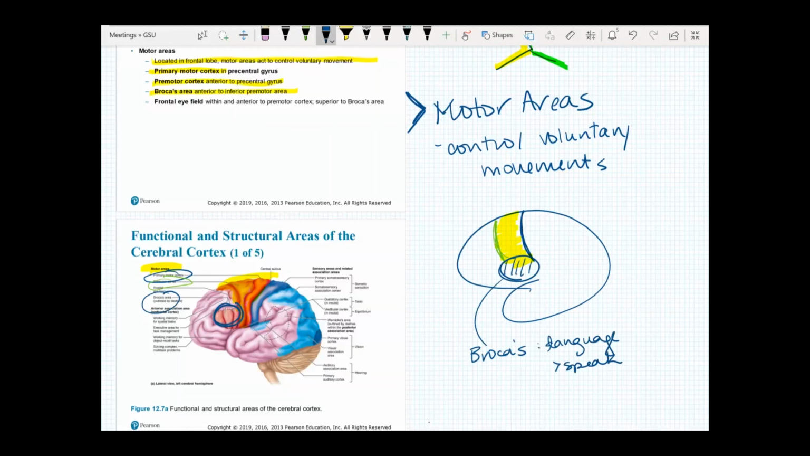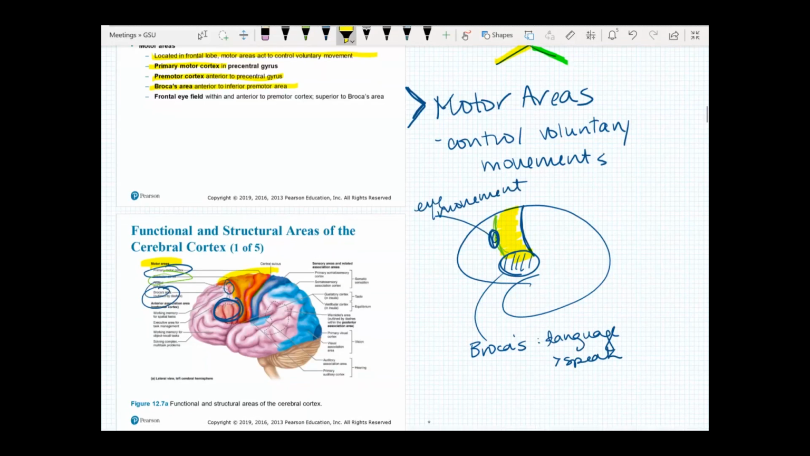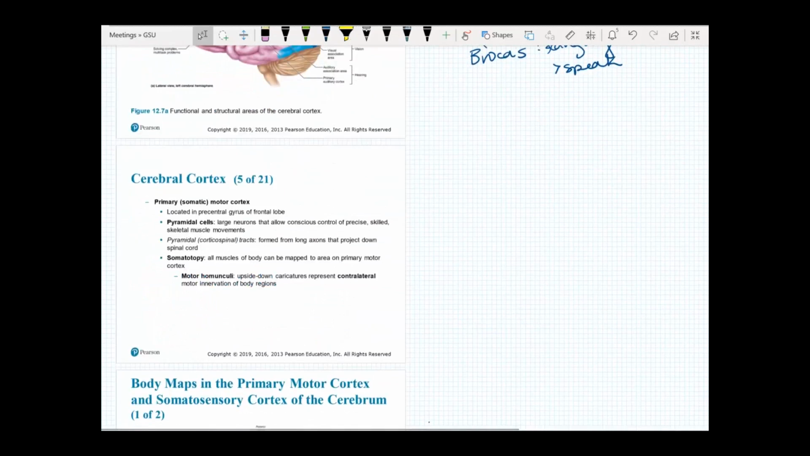And then there's also an area called your frontal eye field, which will be right about here, and that is going to control your eye movement. Again, this is skeletal muscle, so that's where you will control your eye movement, which is very, very important to who we are. Then you're also going to have, inside that primary motor cortex that we talked about,